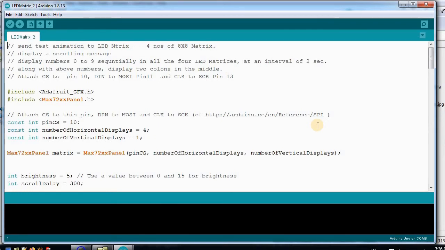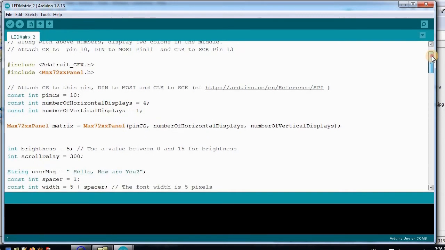We have 2 requirements here. We want to display a scrolling message given a string, and then we also want to display our time here. Towards that purpose, this program will show a scrolling string, and then it will also display digits.